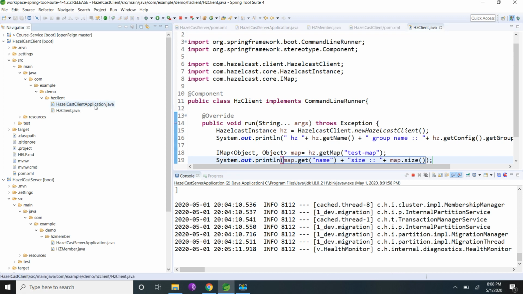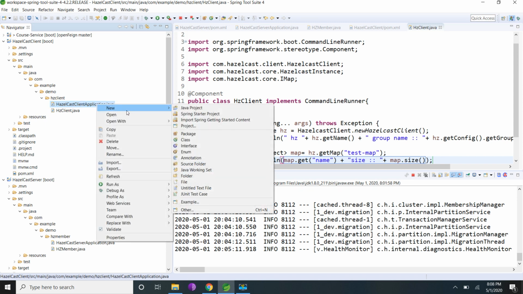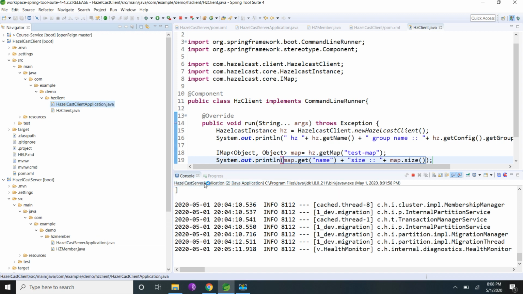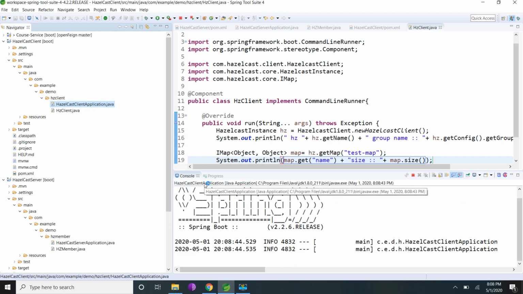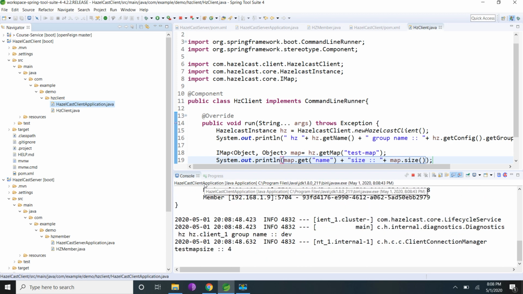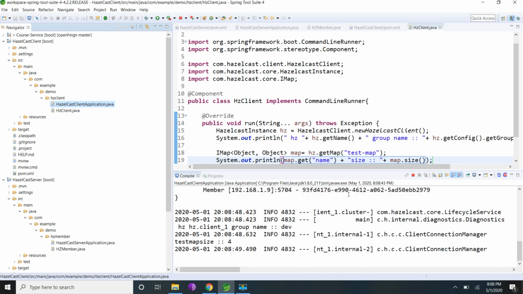So now I'm going to start my client. So the name is test map and size is 4.